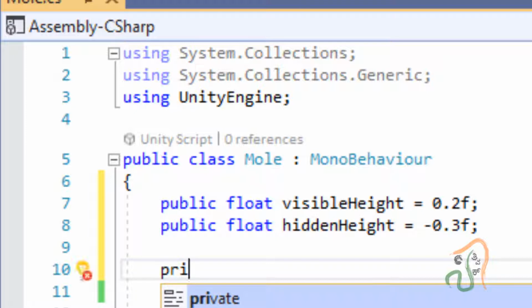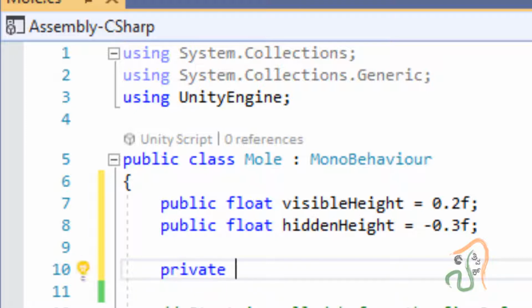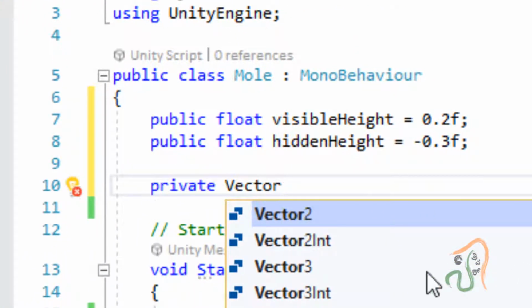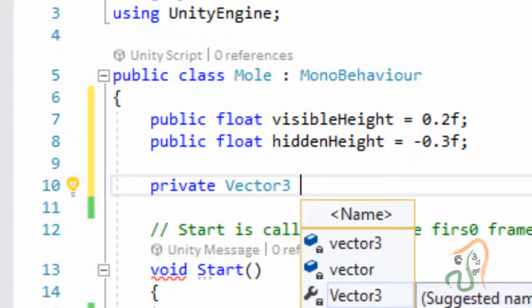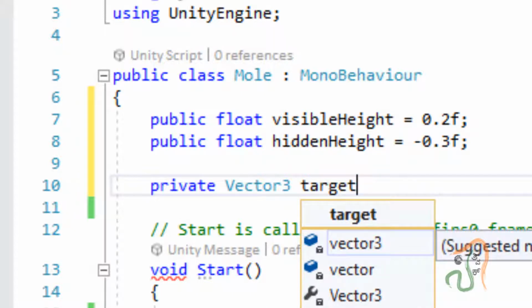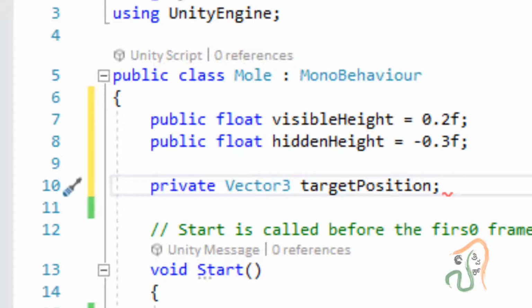The type of this variable is Vector3, which means it is a direction variable. We are going to call it targetPosition and end it with a semicolon. So we have now declared a new Vector3 variable called the target position.